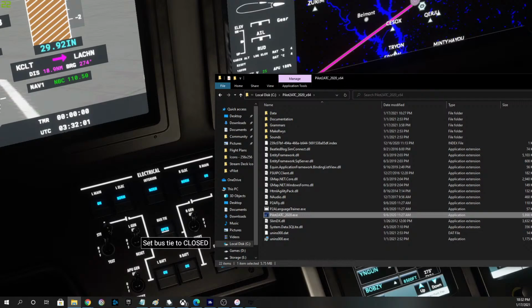Now this pushback animation they have is horrible. Oh. Okay. Let me restart. Would help if I turn